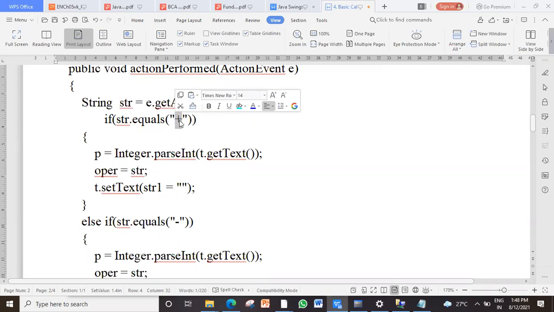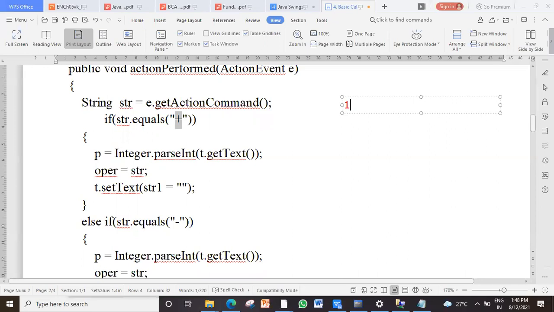Before that, let us assume the sequence of action. What will be the sequence of action on the calculator? Let me show you with the annotation. It will be something like this. The user will first click on a button. If the user wants to know 12 plus 5, the user will click on button 1.